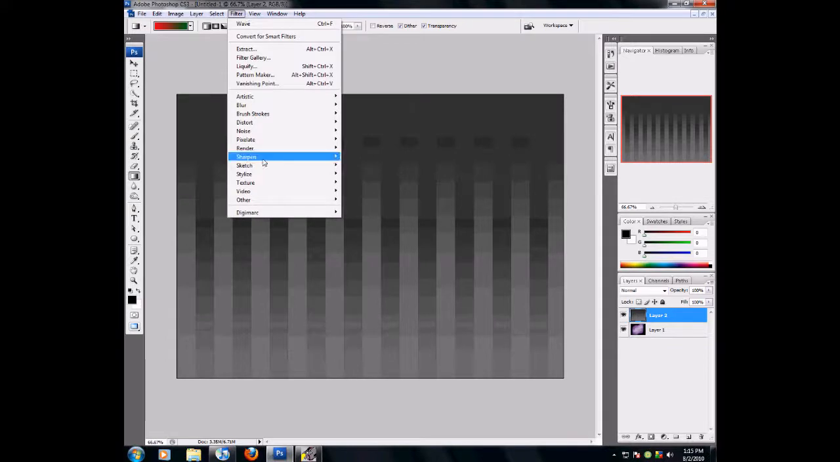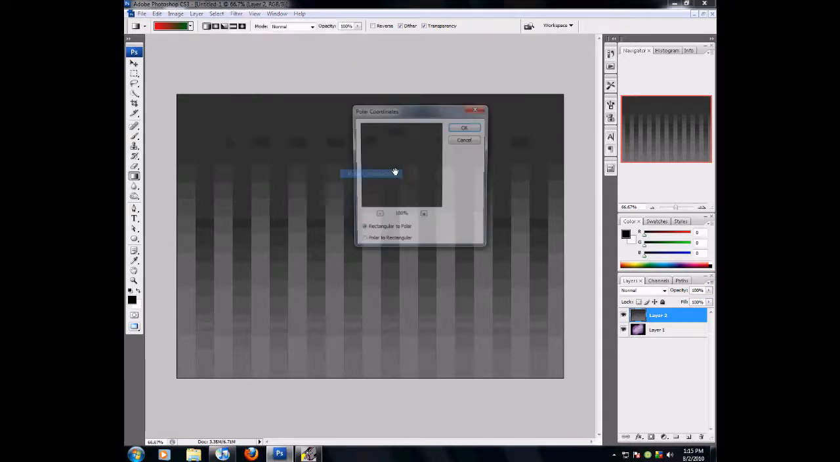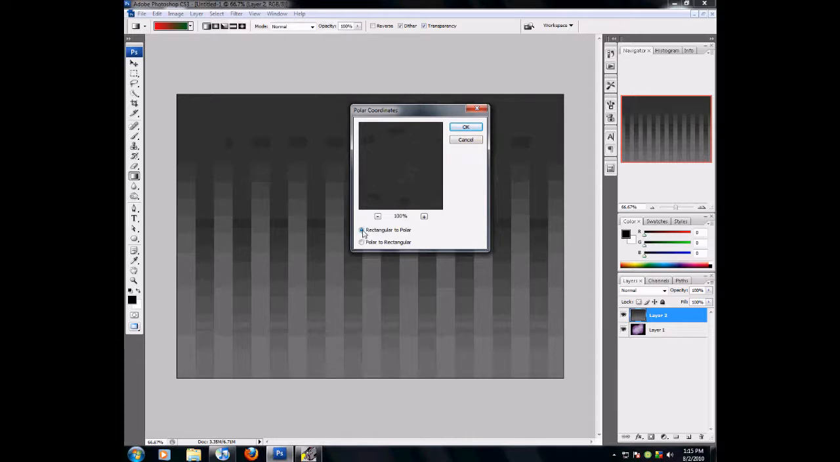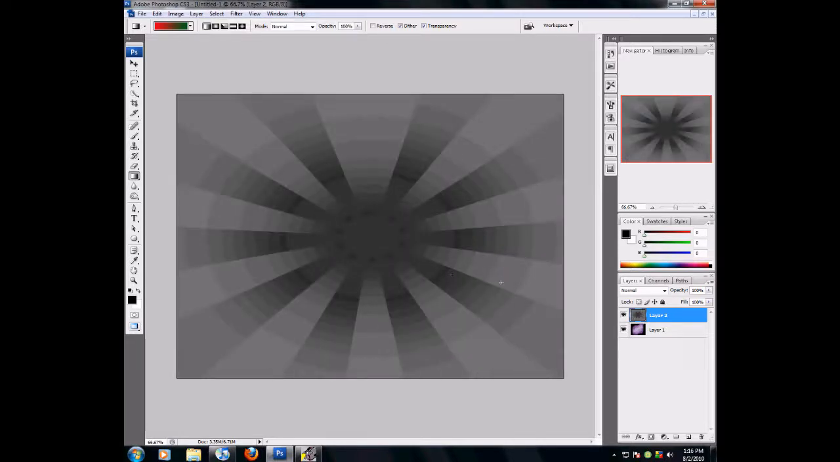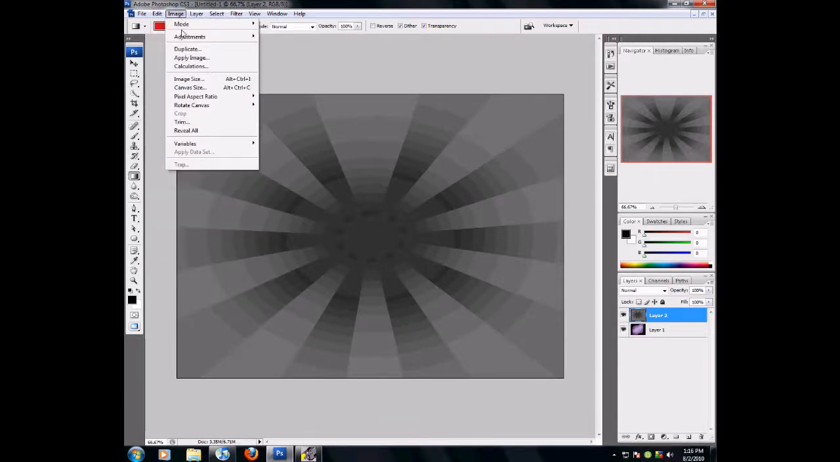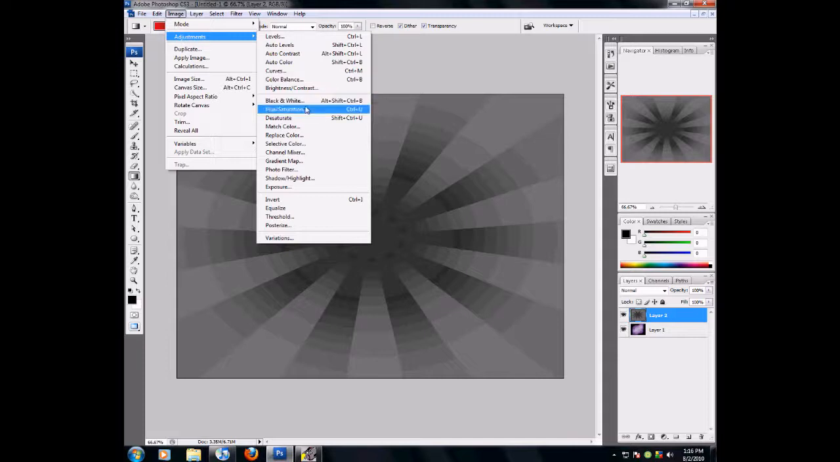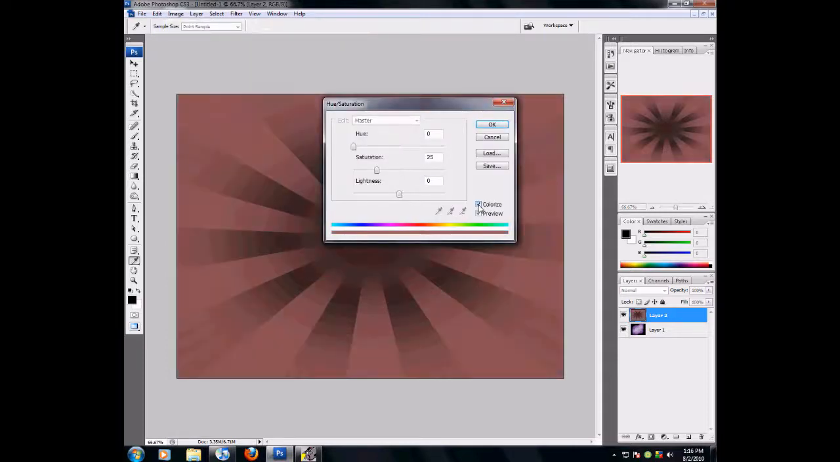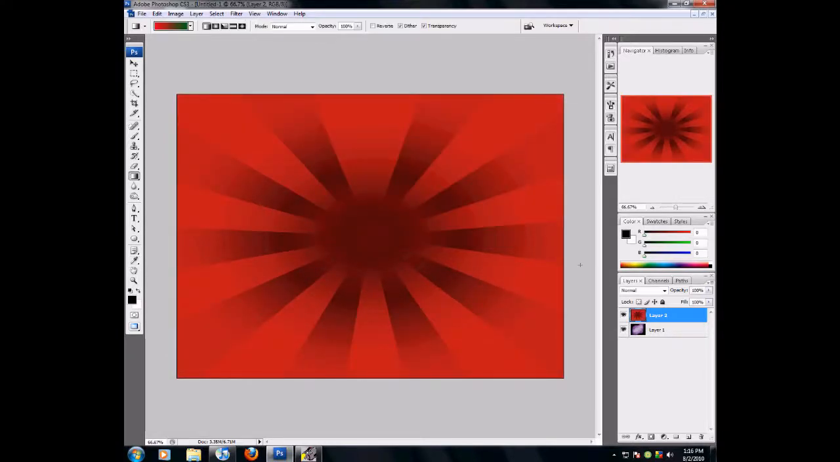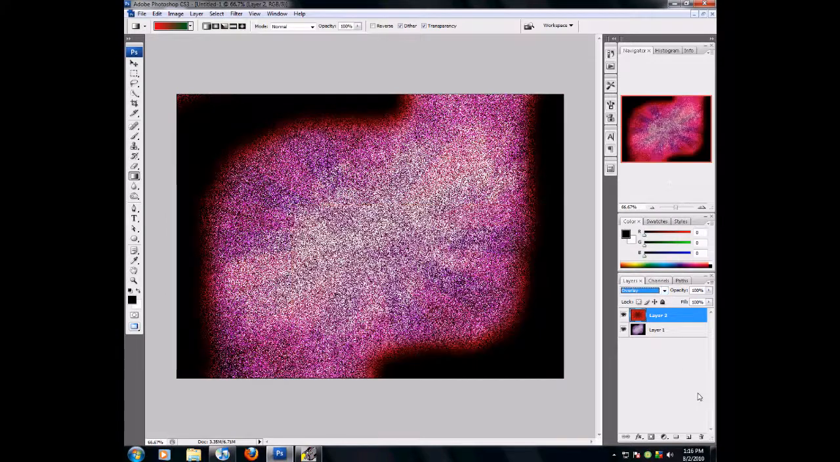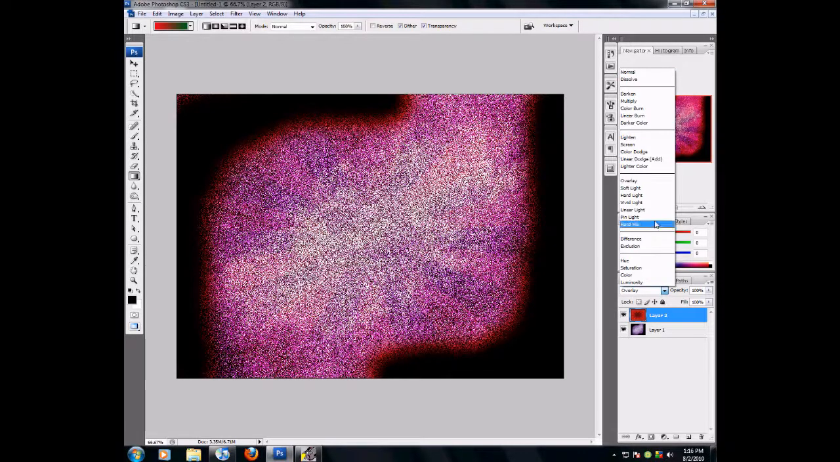And then we go to filter, distort again, and this time we go to polar coordinates. And you want to make sure it's selected rectangular to polar. We want to hit OK, and we will get this effect here. And what I'm going to do here is go to image, adjustments, hue/saturation. I'm going to colorize this image as well. Now, since I made the last one pink, I am going to make this one red, and I'm going to punch the saturation a little bit higher. Hit OK, and what I'm doing here is setting the layer to